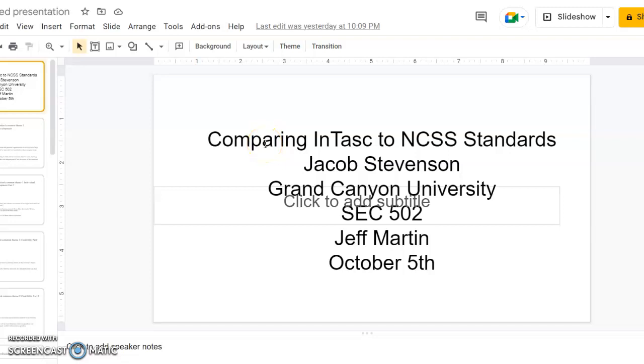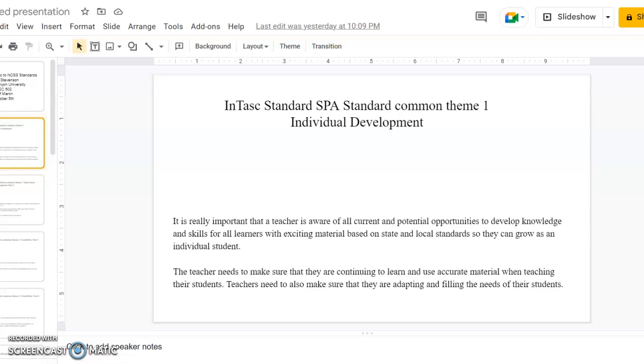This is my Comparing InTASC to NCSS Standards presentation. My presentation is on the Social Studies Standard. When I'm looking at the InTASC standard, the first common thing that I found between the two websites